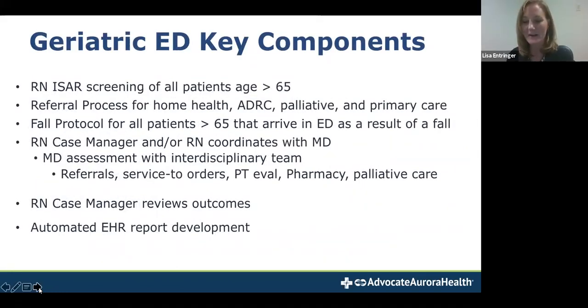Our geriatric program has been phenomenal and very successful. We have many parts to it. It's always moving and evolving. Some of the bigger parts are that we use our ISAR screening tool, Identification of Seniors at Risk, upon triage, which provides us an idea of how high risk or frail they are as an older adult. We use a referral process, which all the nurses have been educated on, those 4 referrals, and then how to refer them on. So they know the exact workflow from the very beginning to the end, so that they can provide those resources even when I'm not there, because of course we only have me and I'm not there